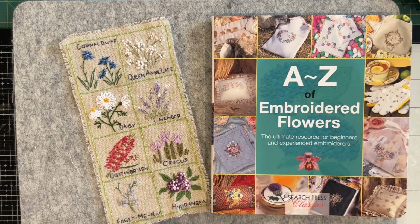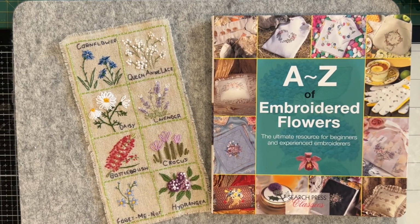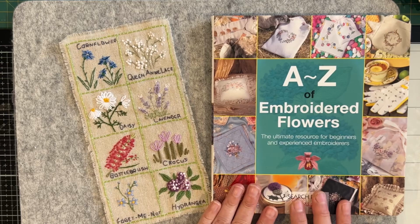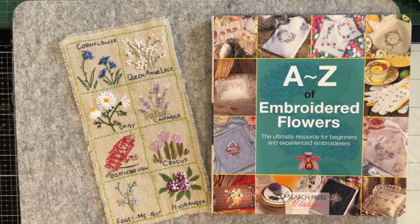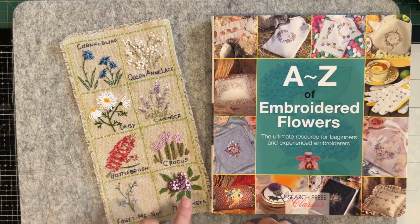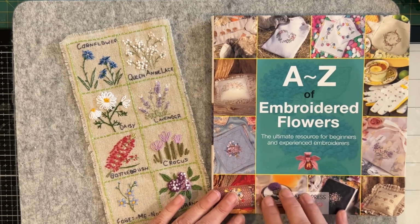But it sort of has, like I said, come out, and I think this is going to be a project within itself. What I'll do is we'll do a flip through the book so you can see where I got my pieces from and what other ones are in there. And then going forward will be a series of videos where I will complete one of the little flowers and build more of these blocks, and it will then become a journal. So a nice little project to do, similar to